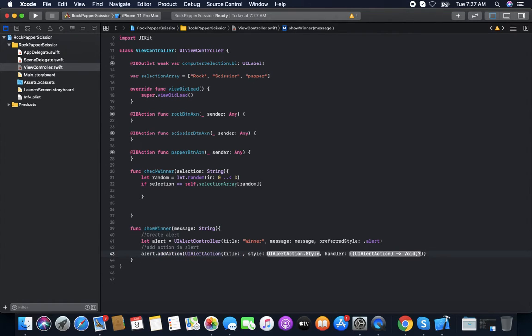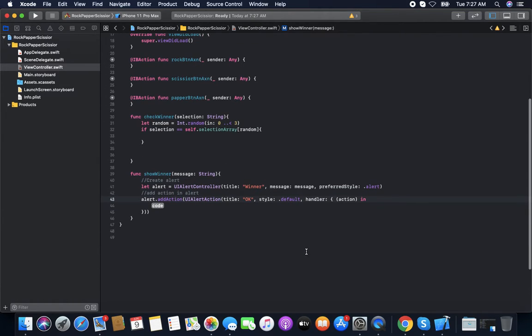Title is OK. Style is default. Handler is currently nothing.